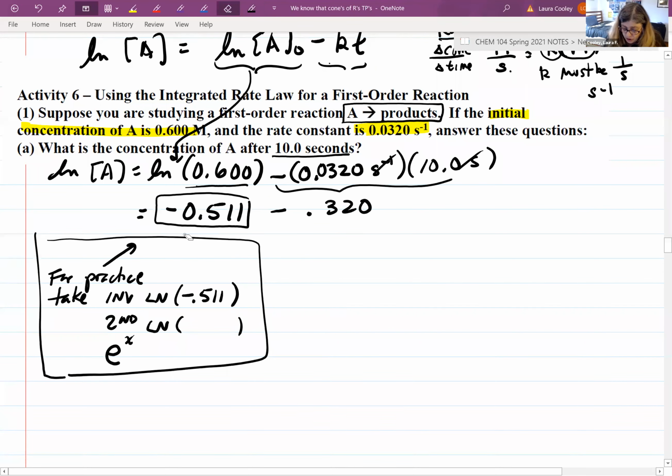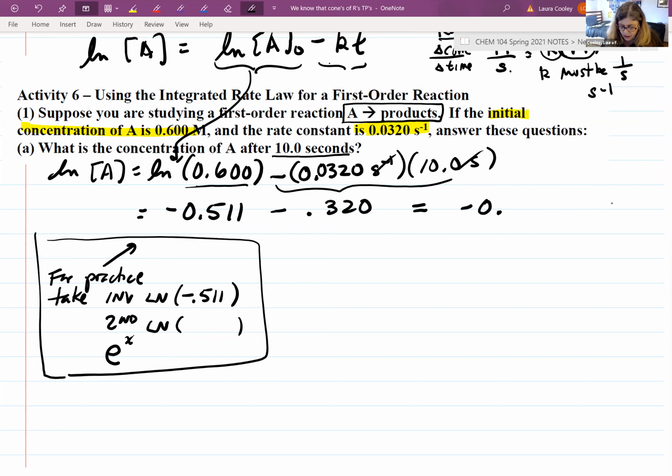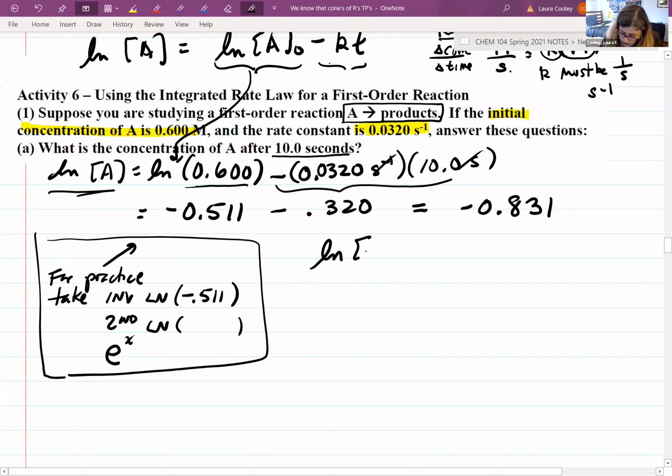So now what you have to do is take the negative 0.511 and the negative 0.320 and add them together, adding two negative numbers, all right? So what do you get when you take the sum of those two? Just turn your mic on and say it. Minus 0.831. That's exactly right. I hope you're all getting that. So now we have that the log of A,